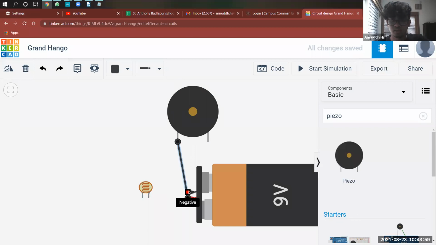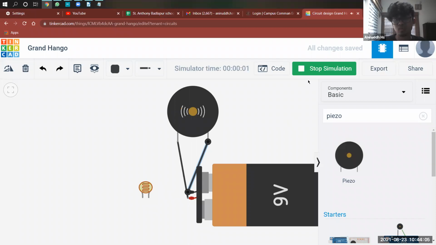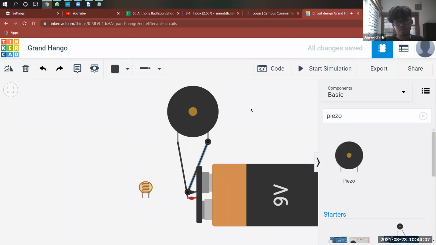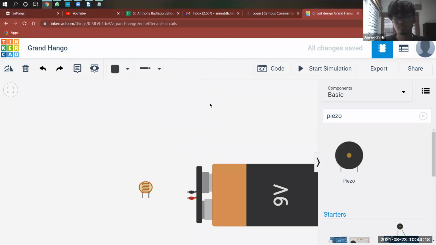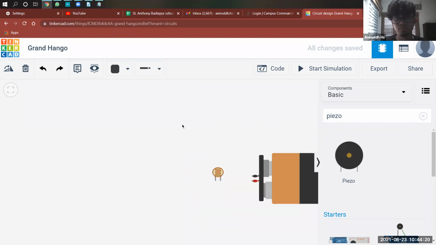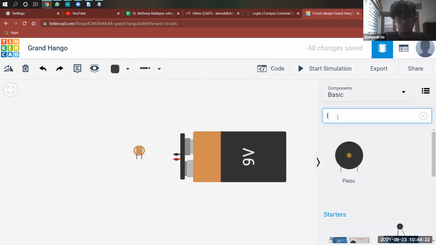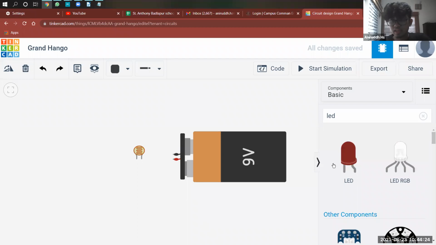See, I'll attach these two wires. This is out of syllabus, okay? Nobody do this. This is just to see if it works or not. See, it doesn't work. That's not the buzzer sound. A squeaking sound should come. It should not sound like this. So for the buzzer to work in Tinkercad, you need an Arduino. You need an Arduino computer, and only then you will be able to do it. So technically it will not work with a buzzer.